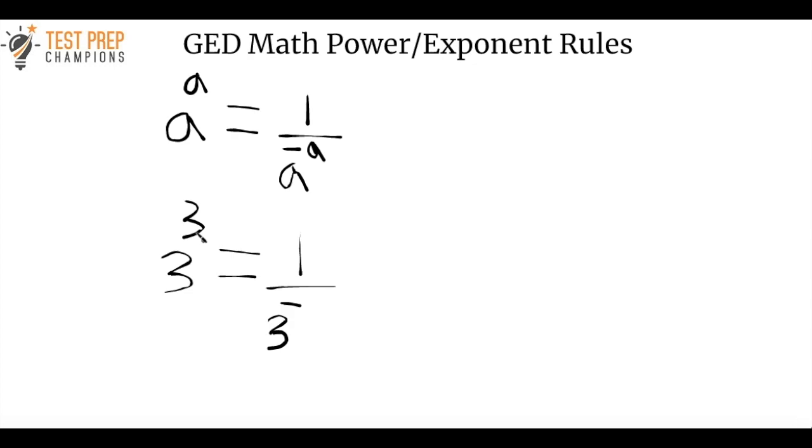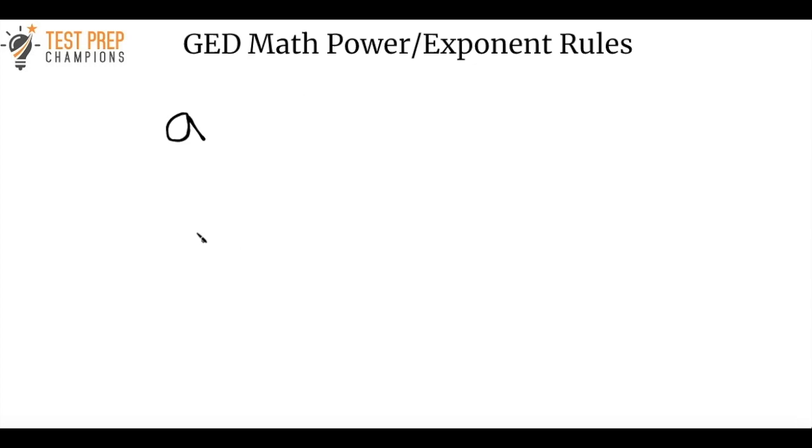All right, so now let's get back to the next rule that I was going to show you that's really important. So what happens if we have 2 bases, and the bases are the same, and we're doing a multiplication problem. So let's say that we have a is our base and it's raised to some number, and we're multiplying by the same base raised to another number. Okay, so this is really, really important to understand for problem solving on the GED test. Well, if the bases are the same and we've got a multiplication question like this, we can rewrite that as the base